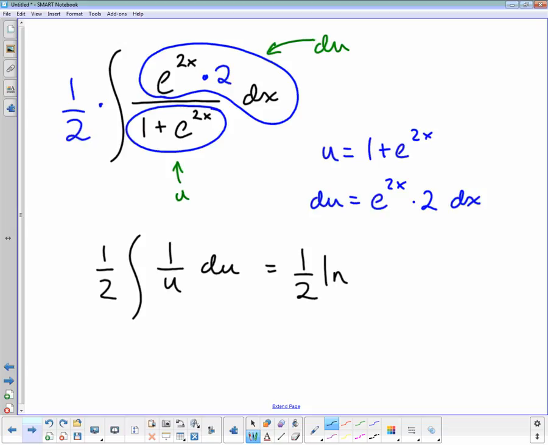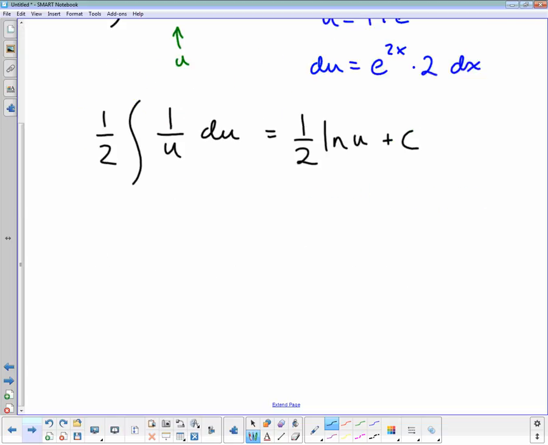Can e to the 2x ever become a negative? The exponential function, does it ever go negative? No, it doesn't. The exponential function is always a positive thing, unless I subtracted a number from it, but I'm adding one to it, so we don't have to worry. And now I have the natural log of u plus c, and plugging u back in,